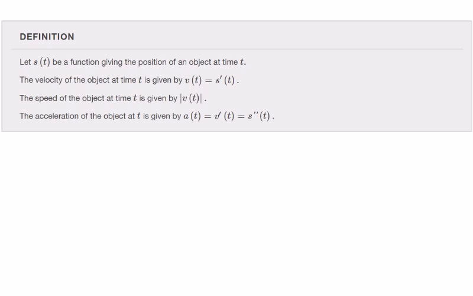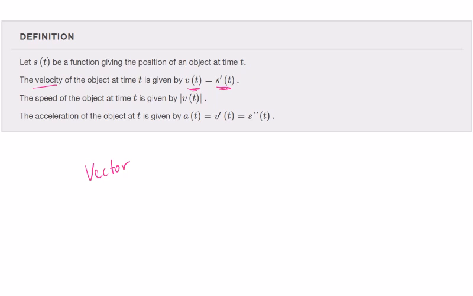section. So all those things deal with motion, and we've talked about this before, but S of t is usually the position function. Sometimes you'll see x of t, but S of t is what we'll be using, and that's the position of an object at a given point in time, and t represents time. And so the velocity is the first derivative of position, right? So v of t, the velocity function, is equivalent to the first derivative of the position function. So it's the rate of change of position, right? That's what velocity is. Now, velocity is a vector,